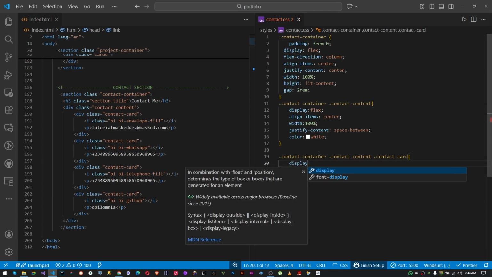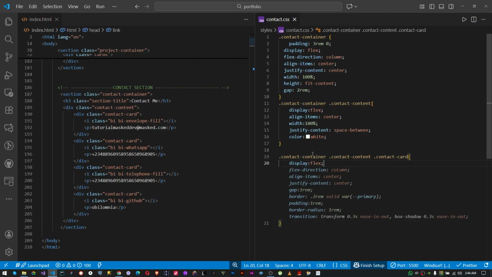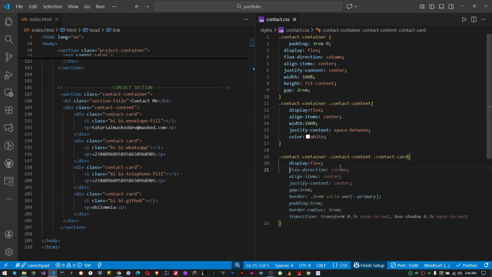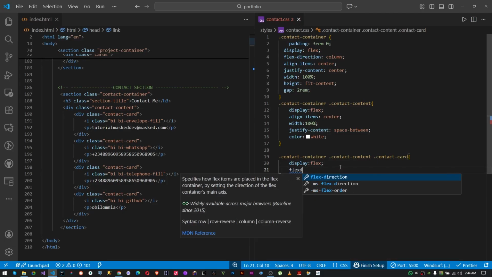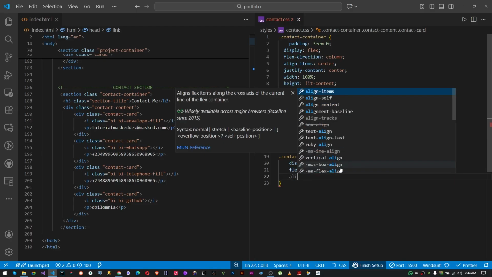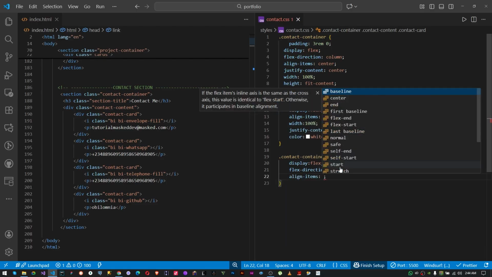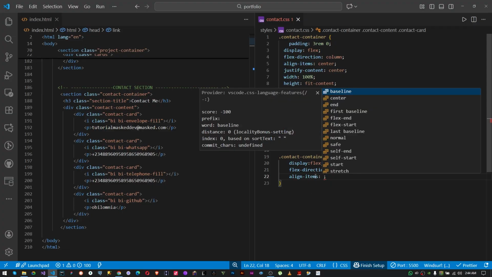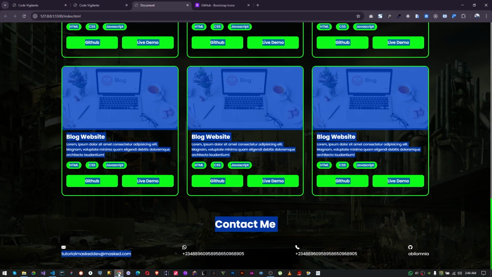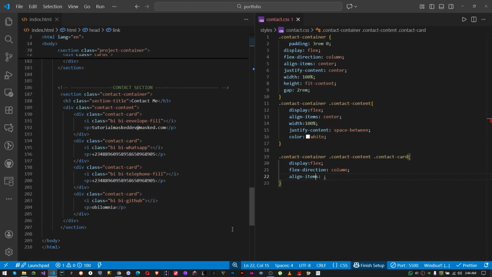So display flex. Now let's see what flex is going to do. It's going to put them side by side, which we don't want. We're going to make it flex direction column, align items. If we don't align it, this is what it's going to look like. Let me comment this out. It's just going to be at the beginning. But when we align items center,